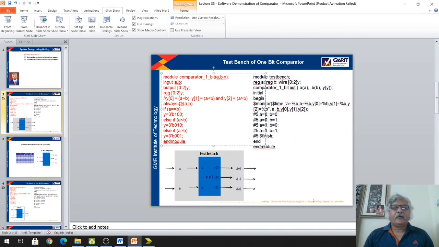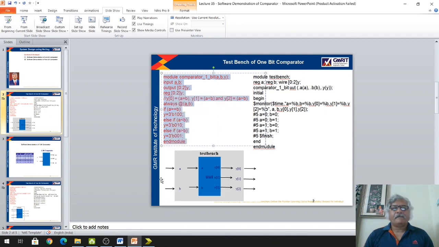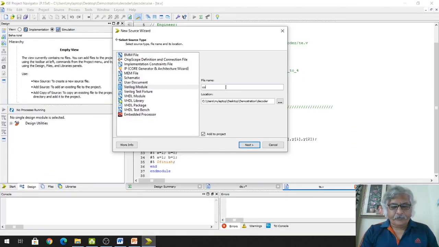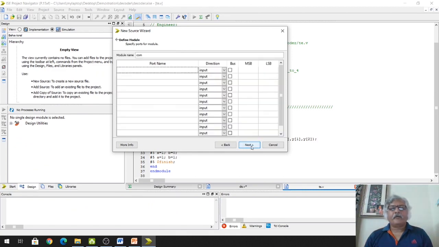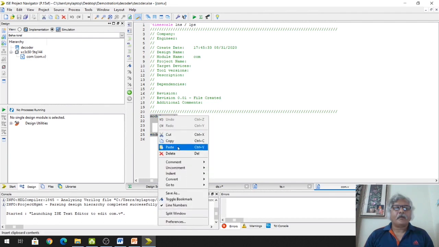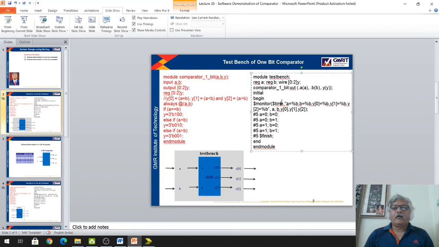First I will create the Verilog module of this comparator. Okay, now I will create one test bench.